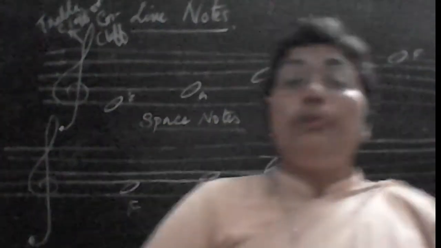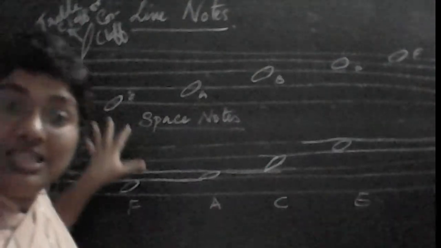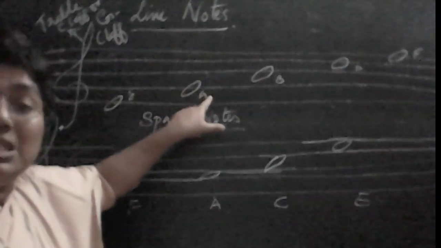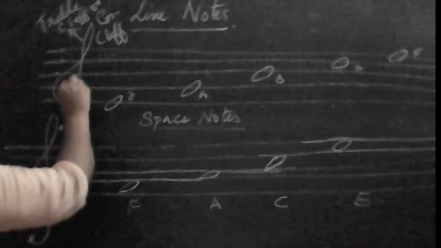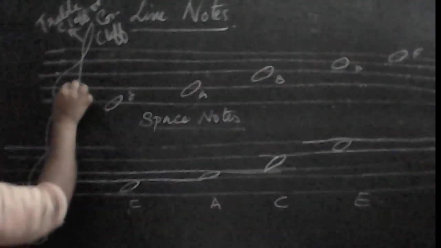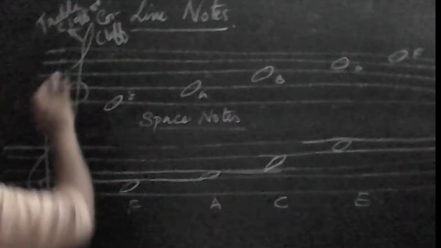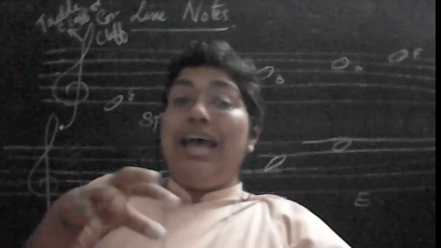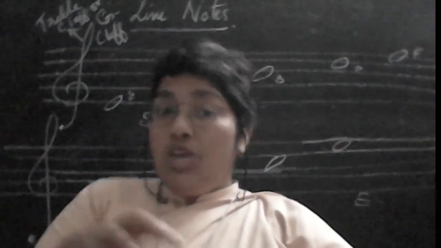Okay. Now what did I say? This represents a G clef or treble clef. Now you see why this is known as G clef or treble clef, because it starts from the second line. The second line note is G. So this symbol starts from here, from the second line. That is why it is known as G clef. And treble clef because it represents the right hand notes. I hope you understood. It represents right hand notes.